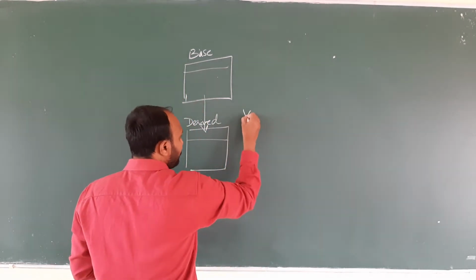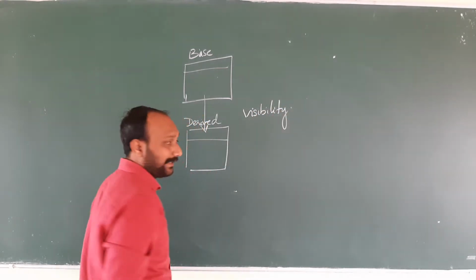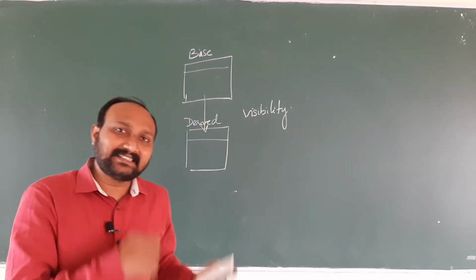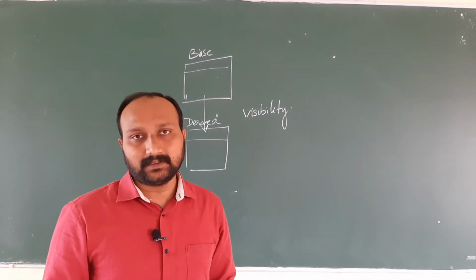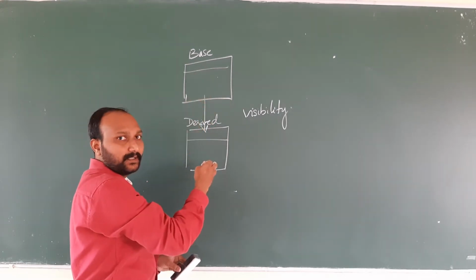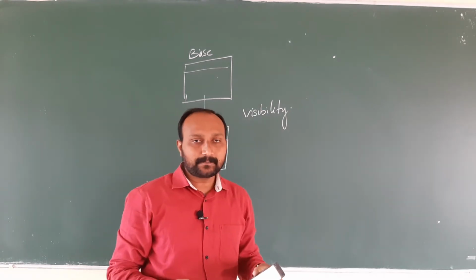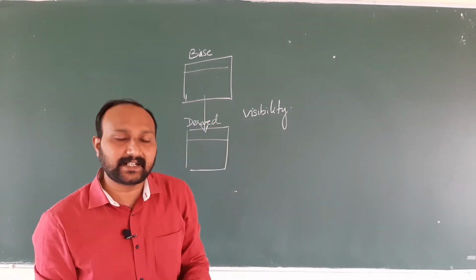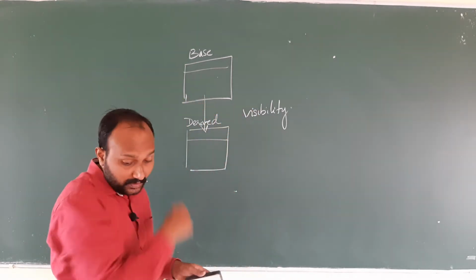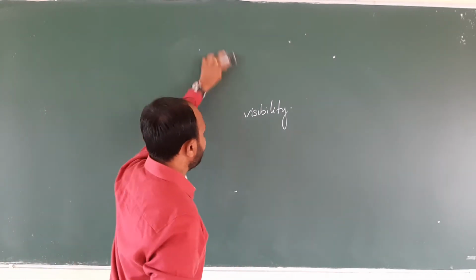But what is visibility mode? It will control the things which are accessible and which are not accessible. For example, I would like to access some of the properties from the base class. Who is going to control that? That will be controlled by the visibility mode. Upon using the visibility mode, we are going to decide what characteristics are accessible and what are not accessible. Okay. Next. In today's class, let us study what are the different types of inheritance.